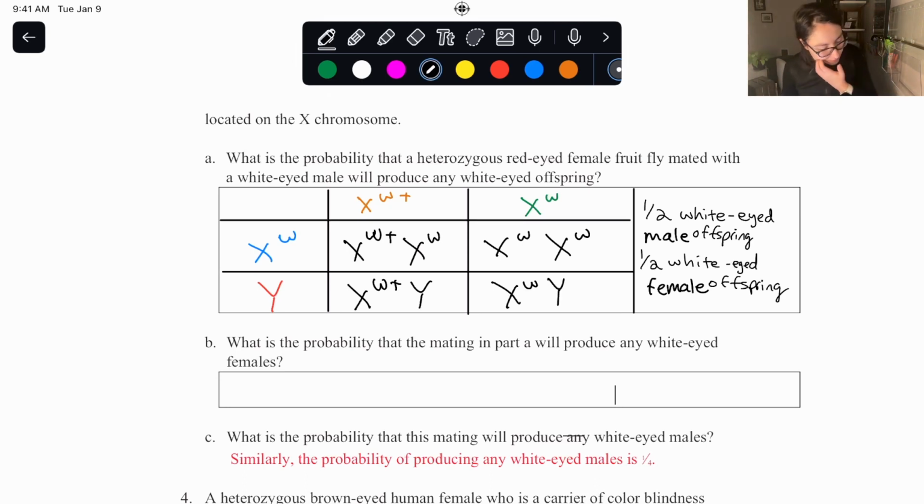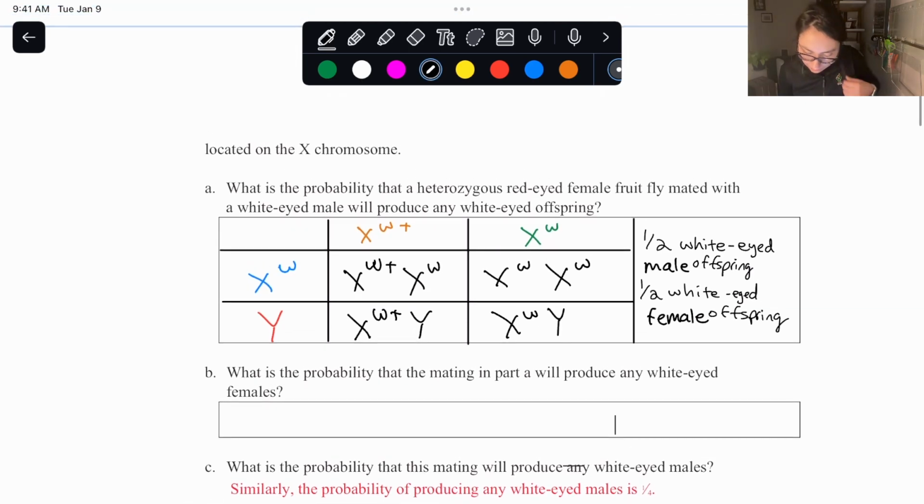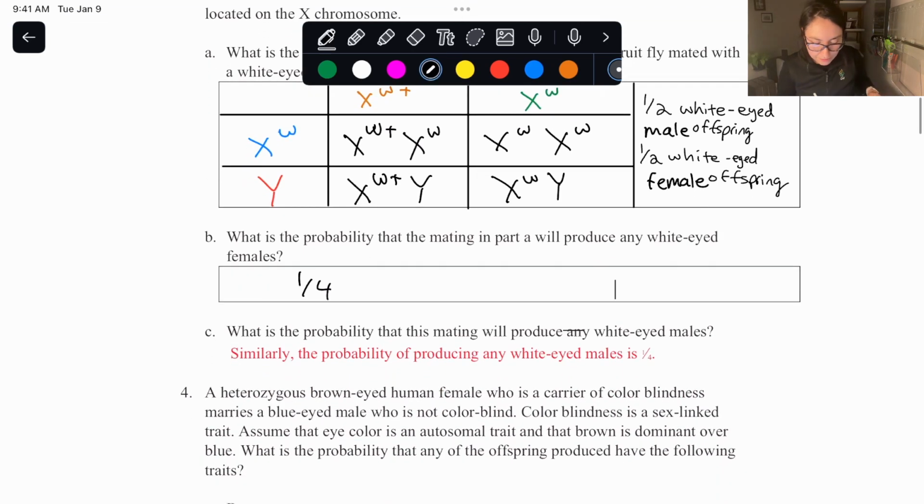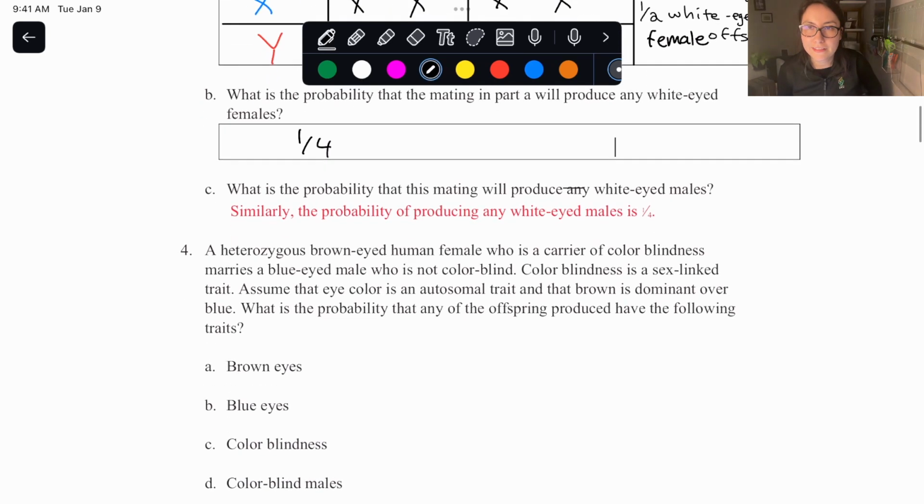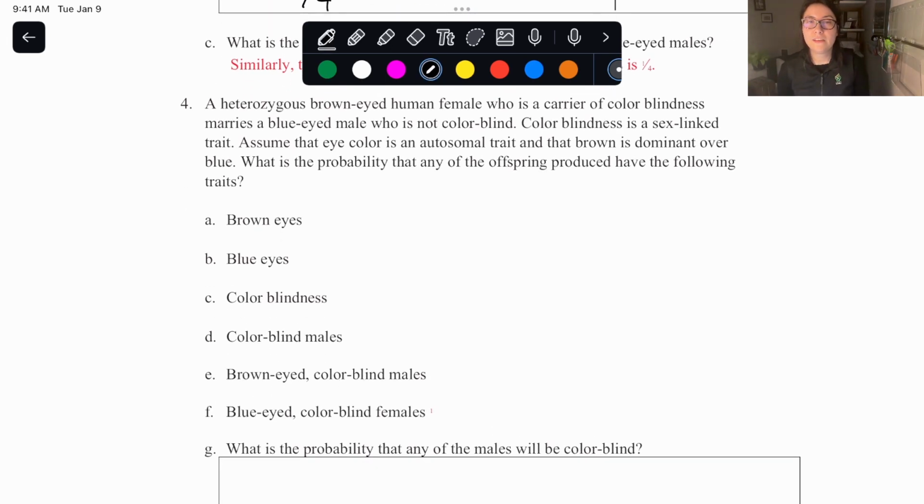And then it says here that the probability that the mating in part A will produce any white-eyed males is probably going to be 1/4, okay? And then it's asking here, probability of producing any white-eyed males is 1/4. I think that might be a typo because I think that you were supposed to come up with that answer yourself, but it's okay. The next one is asking about a heterozygous brown-eyed human female who is a carrier of